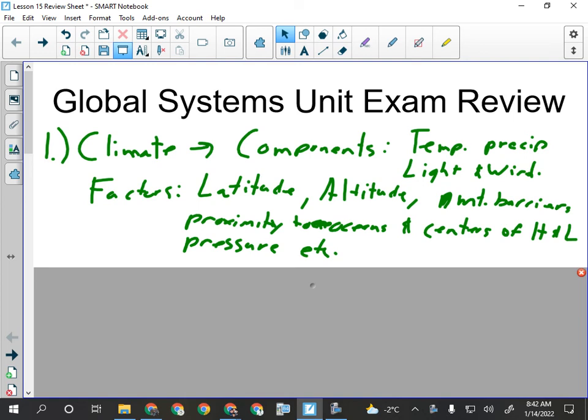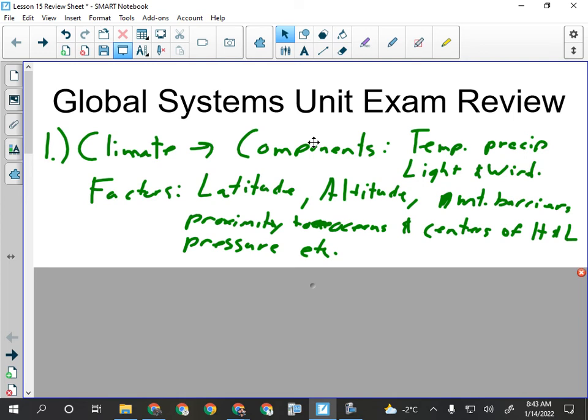Okay, the factors we went over: latitude, altitude, presence of mountain barriers, so location of centers of high and low pressure, proximity to oceans. Okay, all that stuff that is in the notes for lesson 1. So you have to know that stuff. Obviously, it has to be committed to memory or memorized. But what I'm going to ask you to do with that is, yes, there'll be some multiple choice questions about